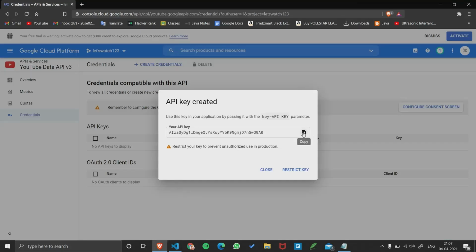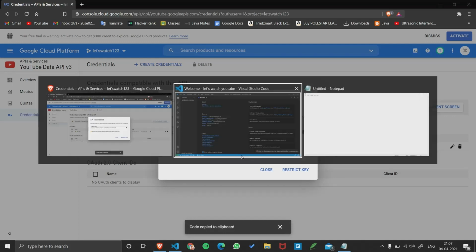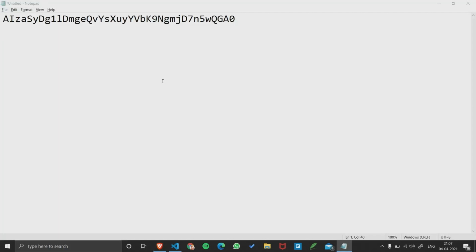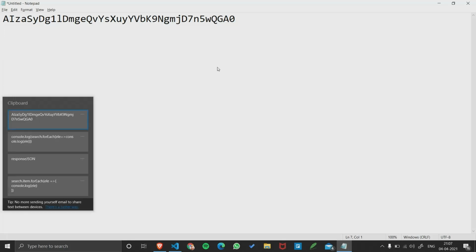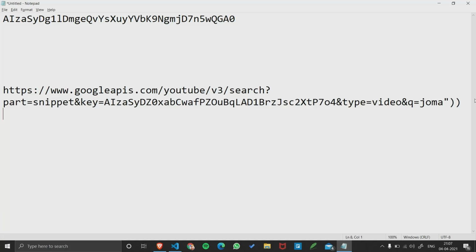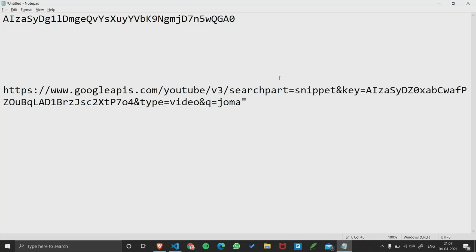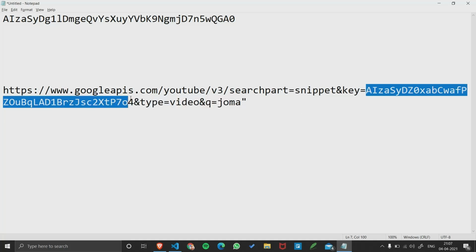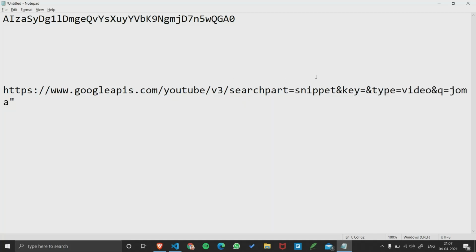Okay, now you have to copy it, and now I will explain why we need the API key. Let me grab a link that I have already pasted. You will need this link. Let me explain what this link is. Here is the API key. Let me put our API key here.